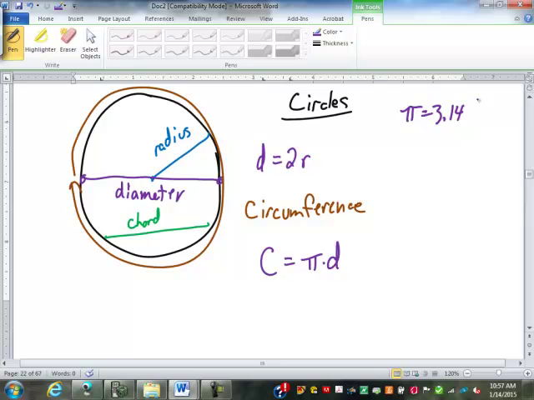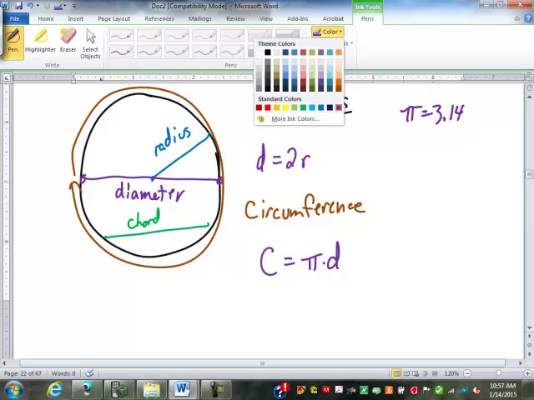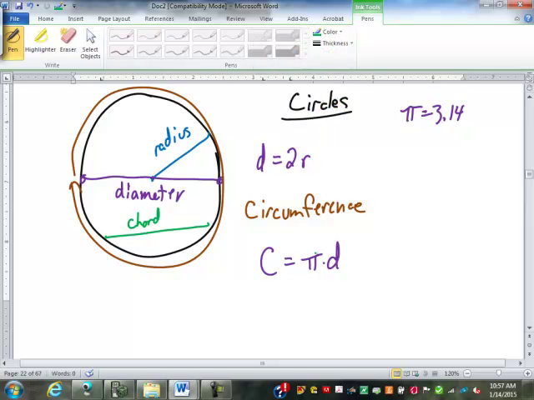You have a pi key on your calculator that you can use if you want to. I generally just use 3.14 in class so I can calculate in my head a little bit easier. But that's fine. The circumference is either the diameter times pi or pi times diameter, or it can also be thought of as 2 times the radius times pi, or usually written as 2 times pi times the radius, like that. So if I have a circle,